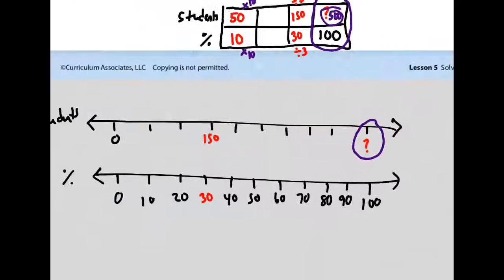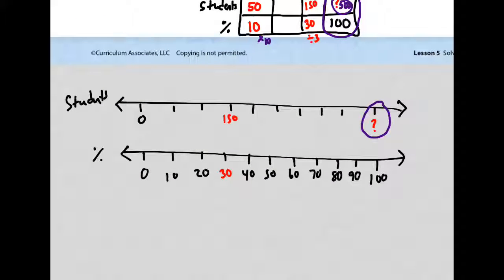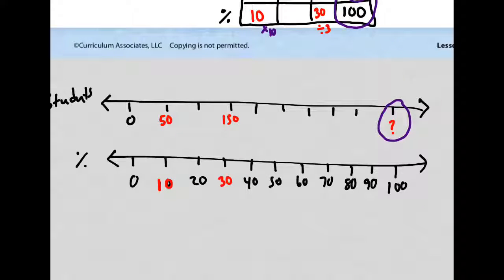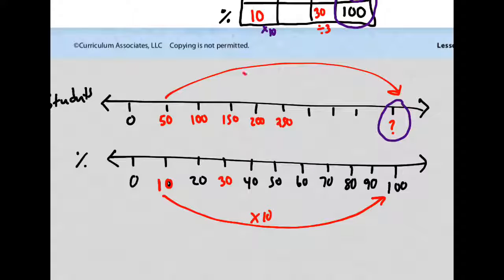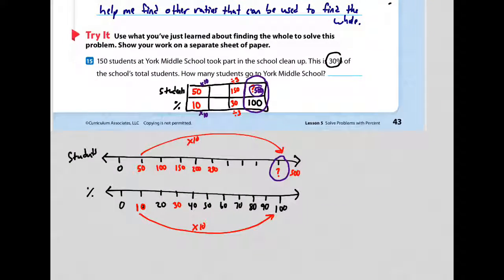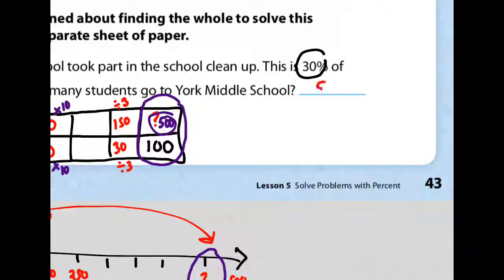But let me go down here, we'll show you the same thing with a double number line. So remember, I know 30% is 150 students. So I divided by 3 and I figured out 10% is 50 students. Now the cool thing is you could just keep counting by 50: 50, 100, 150, 200, 250. You could fill in the whole double number line if you want. Or you can say, I know 10 times 10 is 100. Do the same thing with the 50 to get your answer. 50 times 10 is 500. So the answer to 15 was how many students go to York Middle School? You would say 500